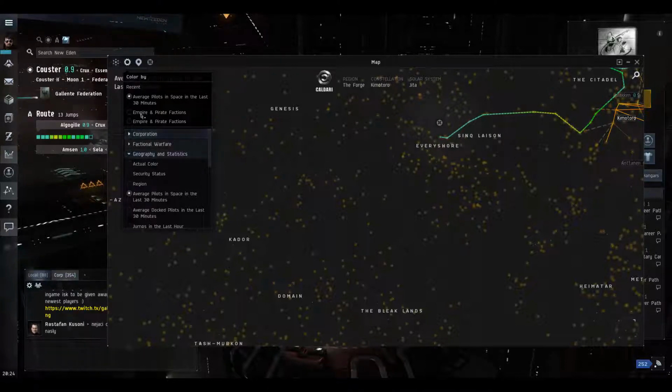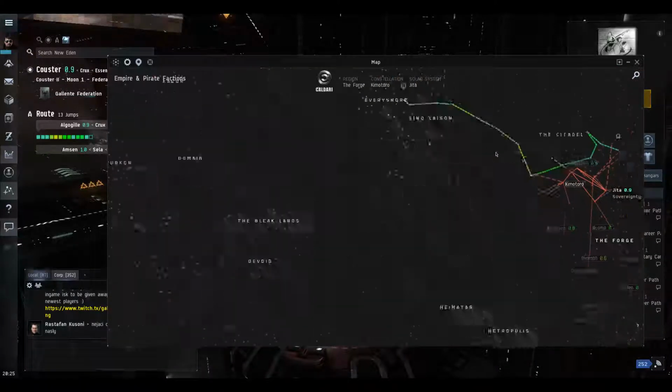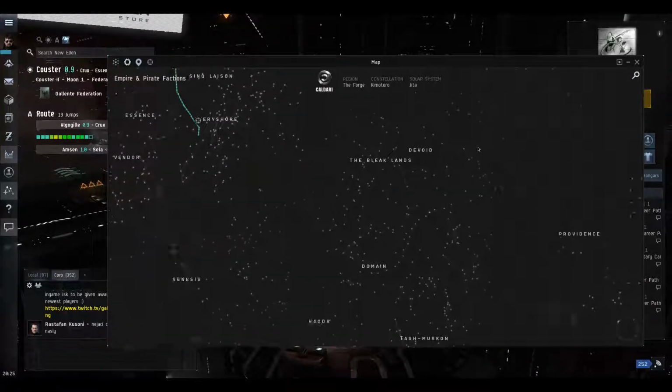So you can change how it's colored by as well. We'll go through this later, but we'll just leave it how it was. So we flew down. This is the Caldari State. So if we just set it how it is supposed to be,